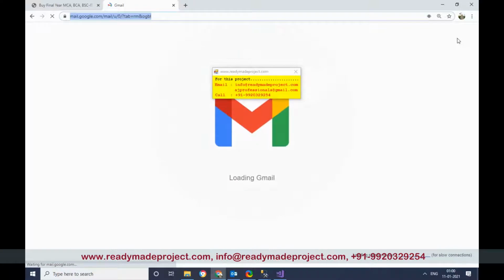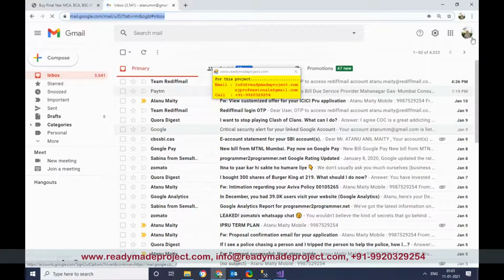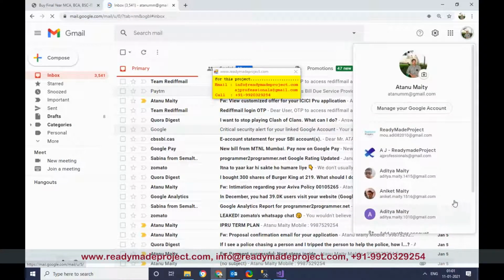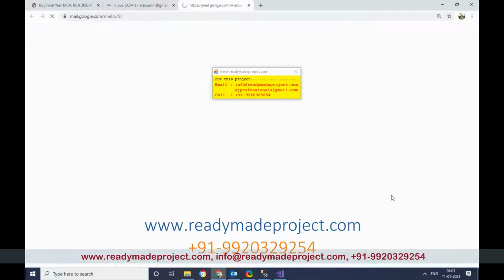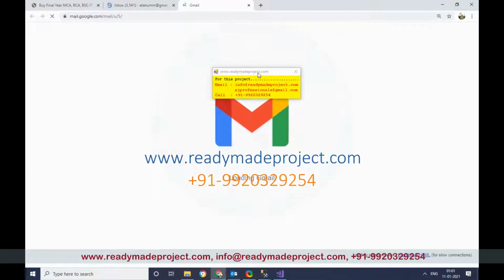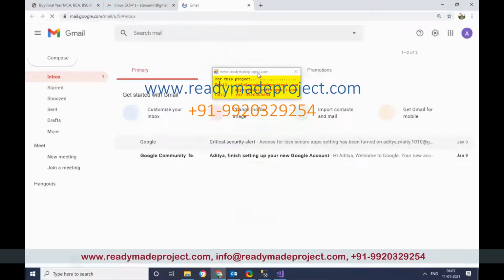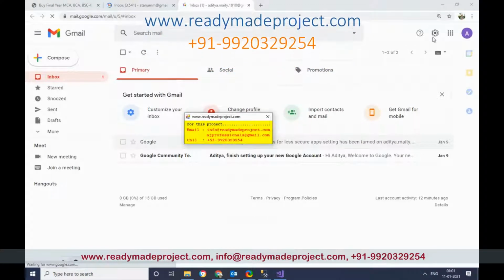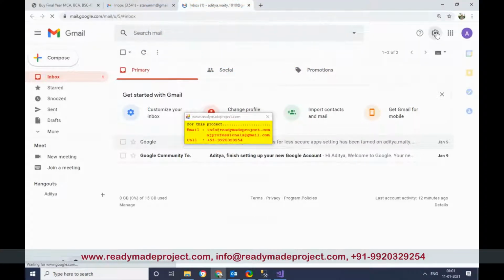I've created one email ID. So create a new separate email ID for that and go to settings. Don't use secure authentication like dual factor authentication, because then the email functionality will not work.